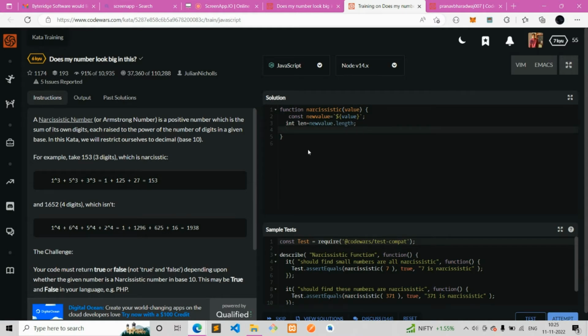Now what I'll do is, for each and every digit, I'll calculate the power and add the summation. Then I'll compare if that summation is equal to my value. So how I can do this here is, I can just return the new value which I had got. Now I convert this to an array so that I can apply